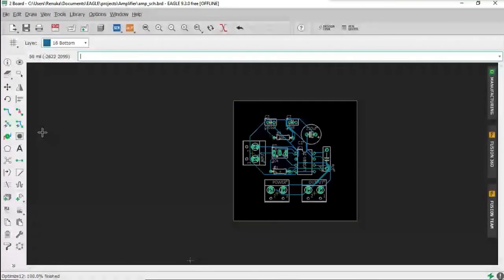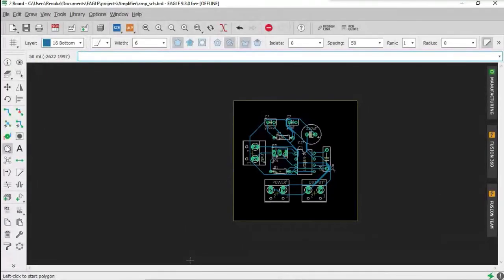Here you can see an option on the left side. It obviously resembles a polygon symbol. Click on that. After selecting that, you need to drag and make the outer edge of the polygon. To do that, on any particular edge of your board, tap on the edge. You can see the blue color line will appear. Okay, that is your polygon. Drag it and again tap on the other edge.